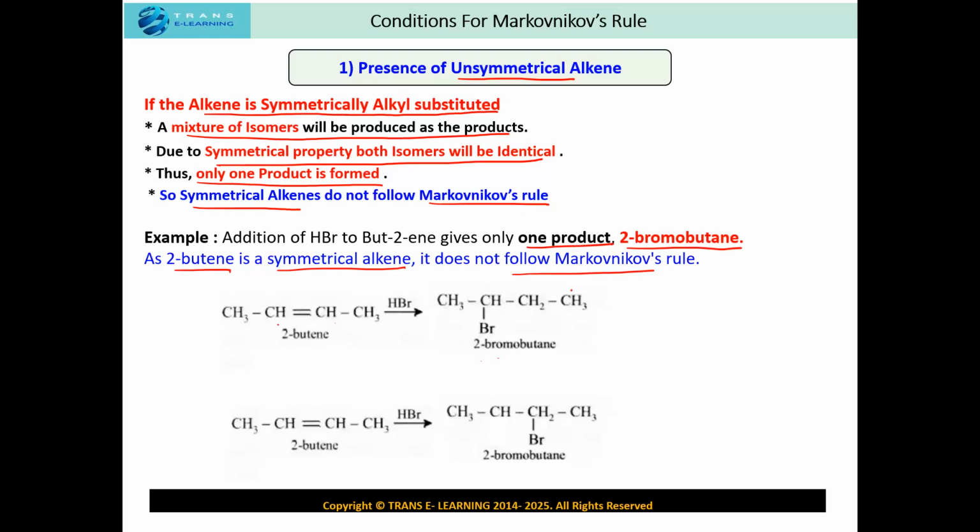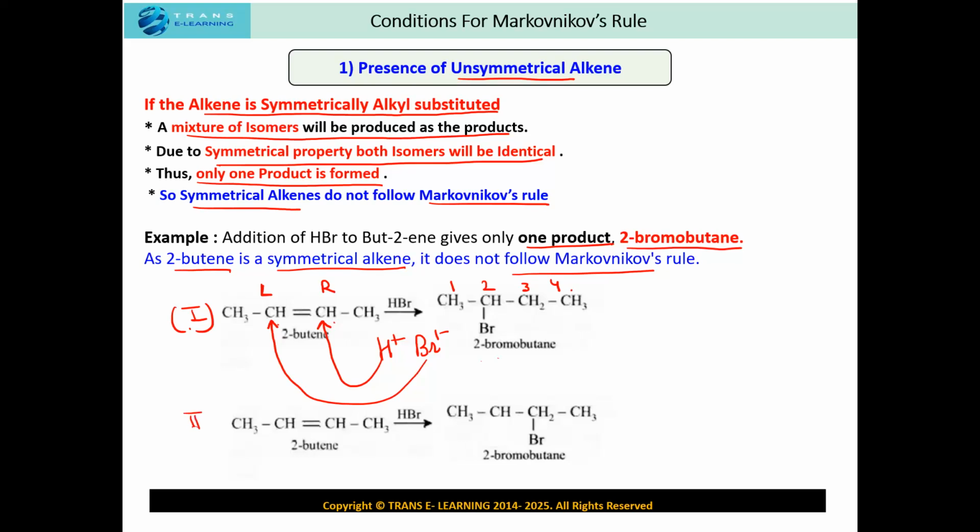So you can see here that if I add this HBr to the symmetrical alkene 2-butene, here we have H plus ion and the bromide ion. In this case, we consider this as the left carbon and this as the right hand side carbon. In the first case, if I consider the hydrogen getting added to the right hand side carbon atom, because here the concept of richer gets richer won't apply since both the hydrogen counts are the same, and the bromine will get attached to the left hand side carbon atom. So I'm going to get 1, 2, 3 and 4, 2-bromobutane.